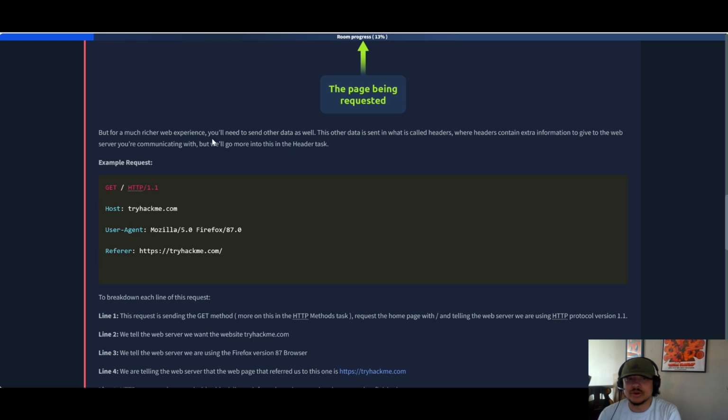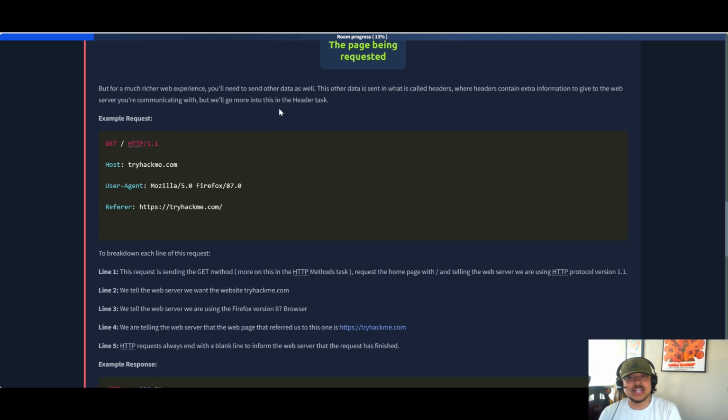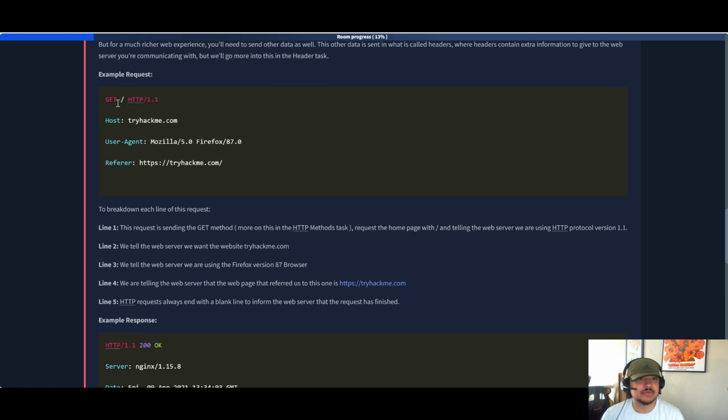For a much richer web experience, you'll need to send other data as well. This other data is sent in what we call headers, where headers contain the extra information to give the web server you're communicating with. So it just communicates more information, but we'll get more into that in the header tasks. So an example request, if we do